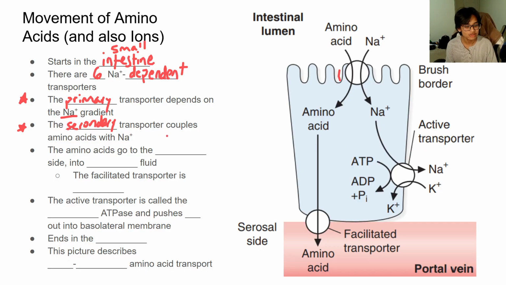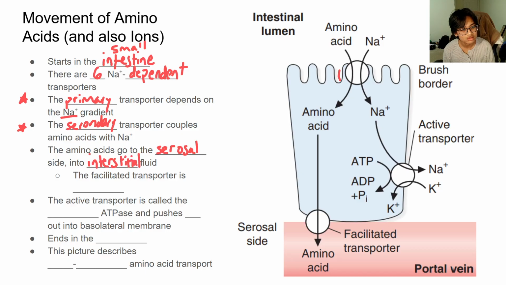So the amino acids go to the serosal side. This is the serosal membrane right here. It's a thin 2-layered tissue that lines the intestine. So it's going from the lumen to, I'm assuming, the edge of the intestine. I don't know. I told you, don't ask me questions. The amino acids go to the serosal side into